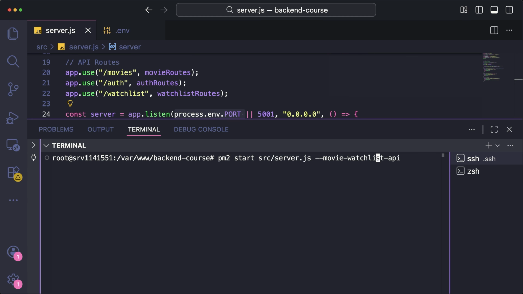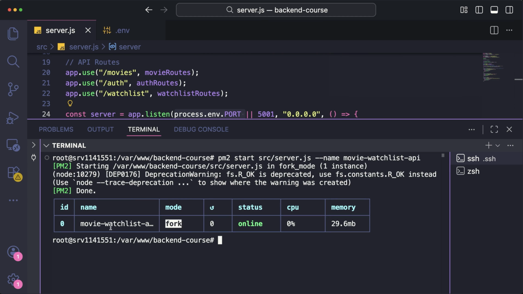This is not what we had to do. We had to first put name over here. So we're giving it a name, and then that's the name we want to run. I'll press enter, and as you can see, it is running, it is online, and even if I kill this SSH, it is going to be